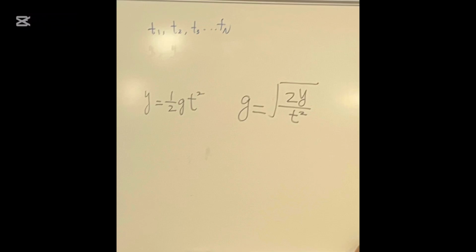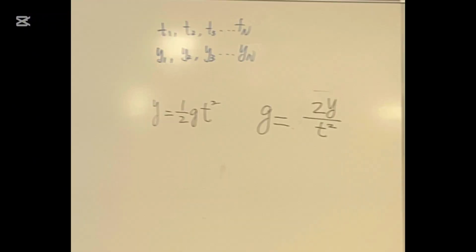We want to measure the G. How many independent variables for G? What are they? Y and T. So, in your lab, you measure the Y,